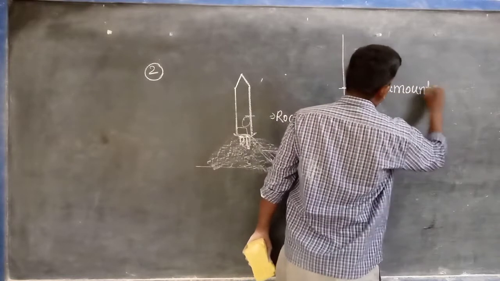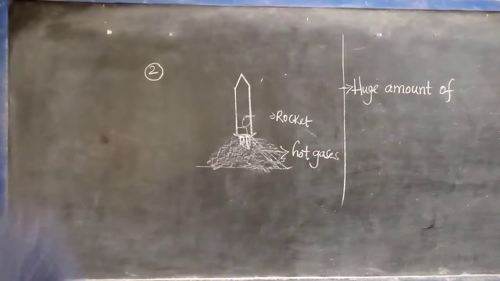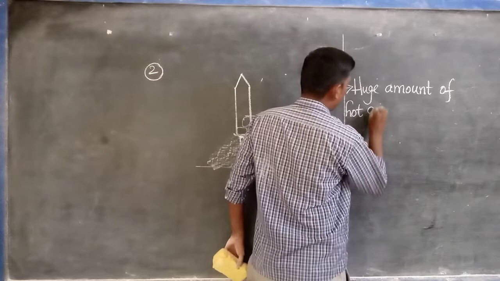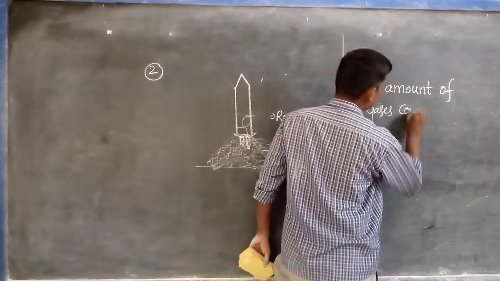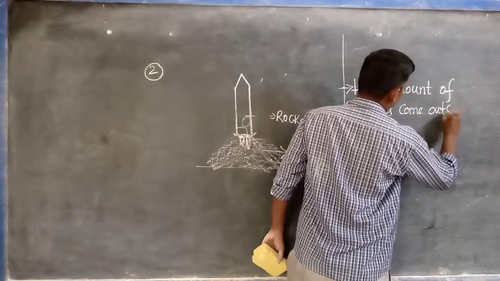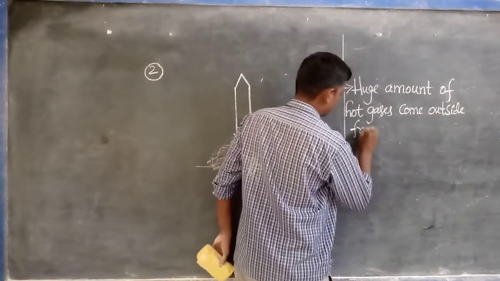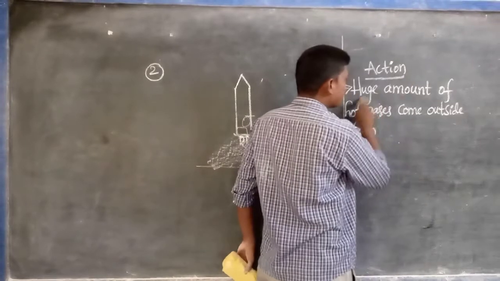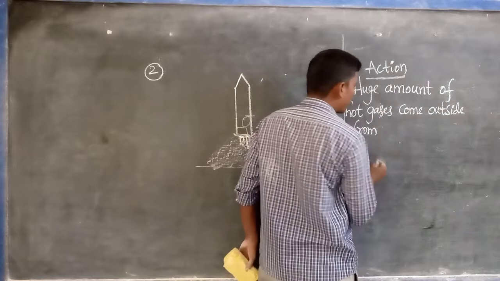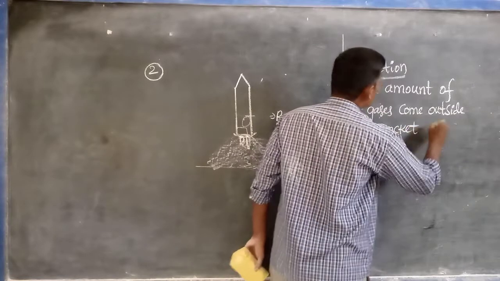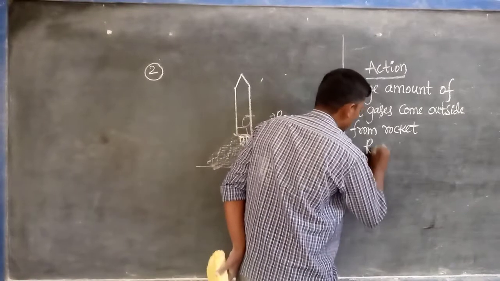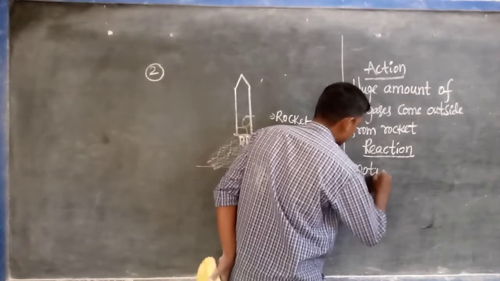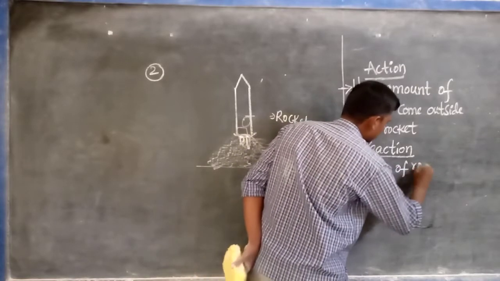That is the action. A huge amount of hot gases coming outside from the rocket is which one? Action. Which is the reaction? Motion of the rocket